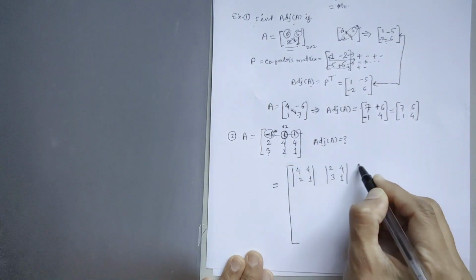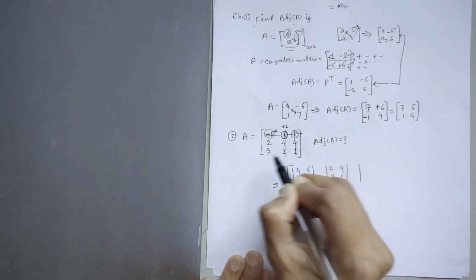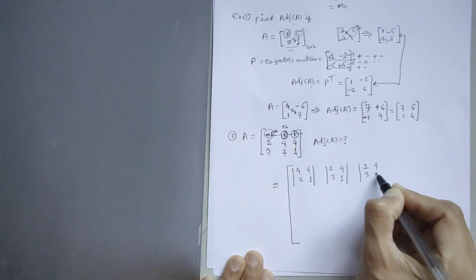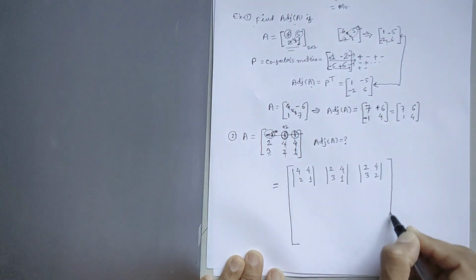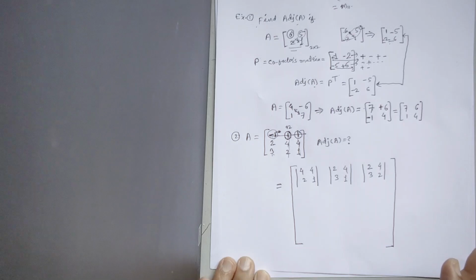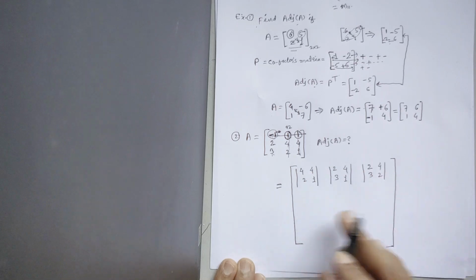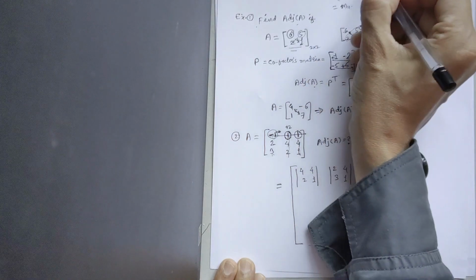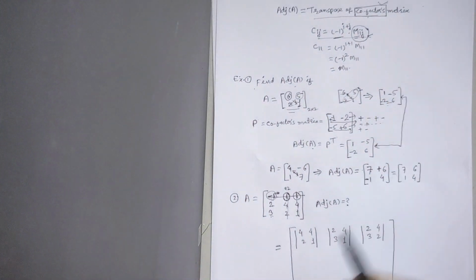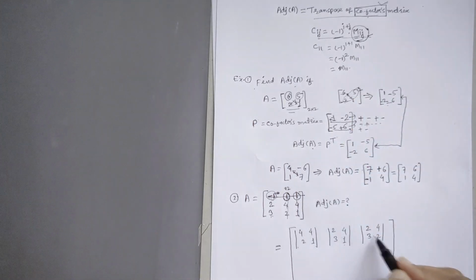For this third element, I am going to repeat the same procedure. I'll delete the row and column where this 1 is and take the determinant of the remaining: 2 4 3 2. That's how I am going to find every element of this cofactors matrix. When we change the sign, it will become the cofactors matrix. So first I am writing how I get this Mij, and then we will change the sign. This determinant is nothing but Mij. This is your M11, M12, M13.